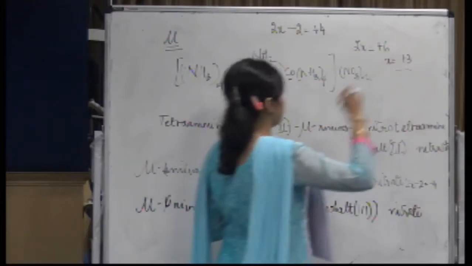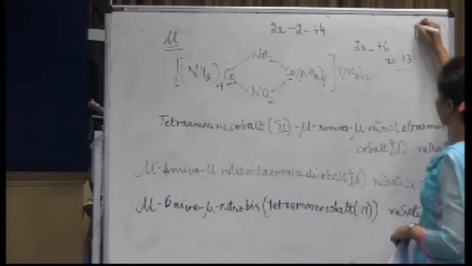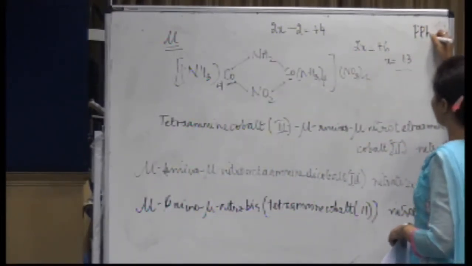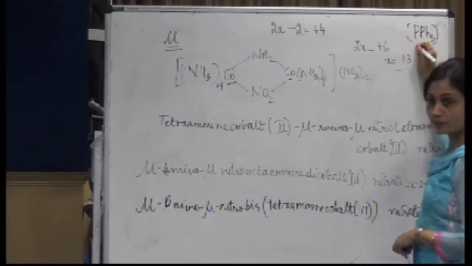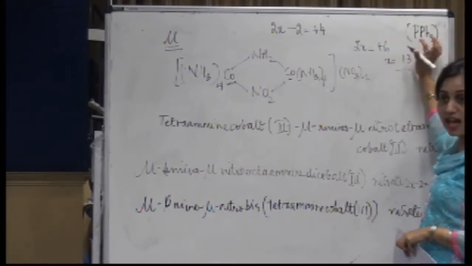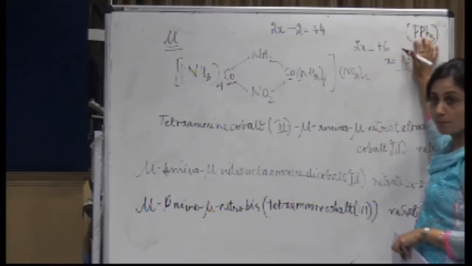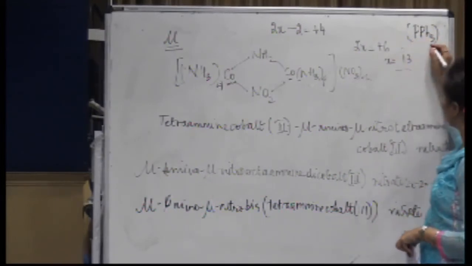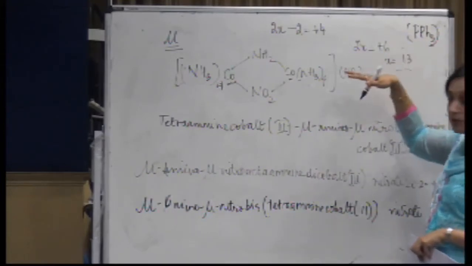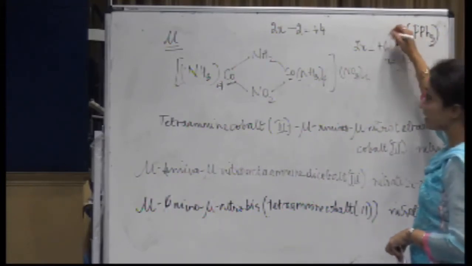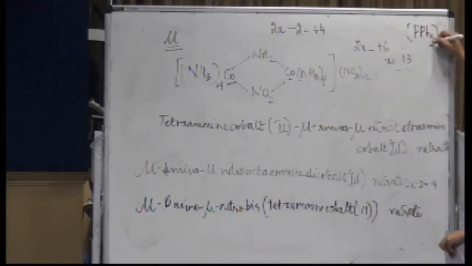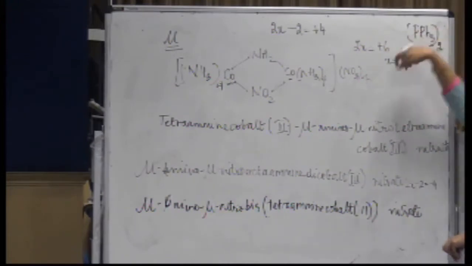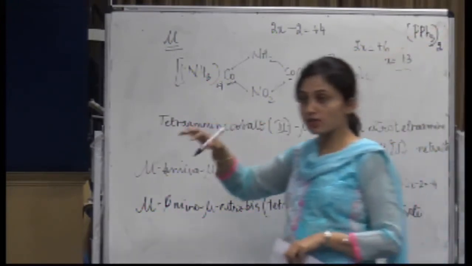Even if you have a ligand which is complicated, like PPh3, this is triphenyl phosphine. This can actually act as a ligand also. But for triphenyl phosphine, which already has a subscript, you actually can use bis or tetrakis, depending on whether this is triphenyl, so one subscript is already associated. So if it is 2, it will be named as bis. And if it is 3 outside, it will be named as